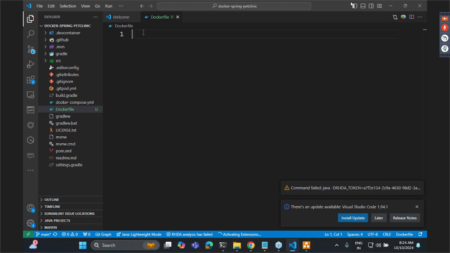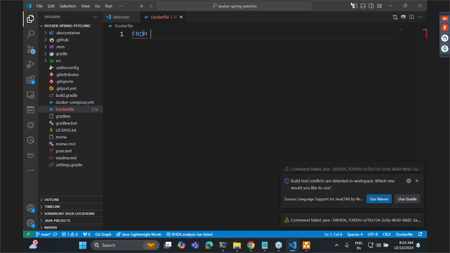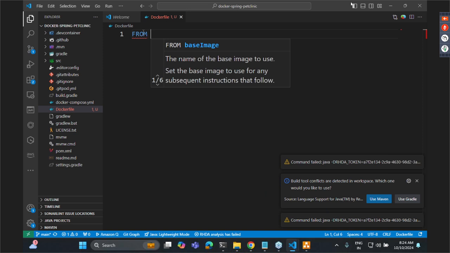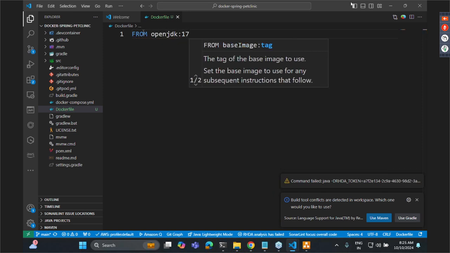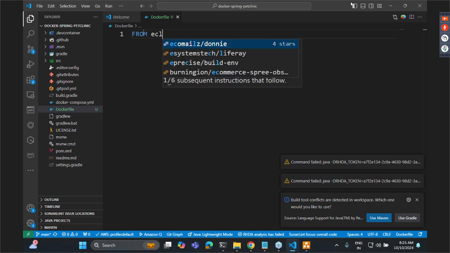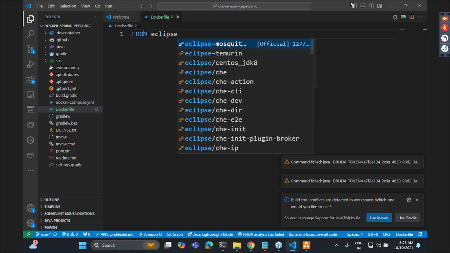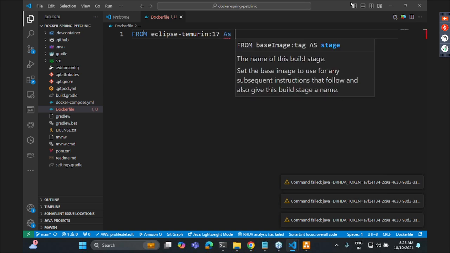Now in this Dockerfile, what I'll tell is, for building the Java code, I need JDK. For running my application, I need JRE. So I'll try to write FROM OpenJDK 17, or what have we been using? Eclipse-Temurin 17, and let me call the stage as